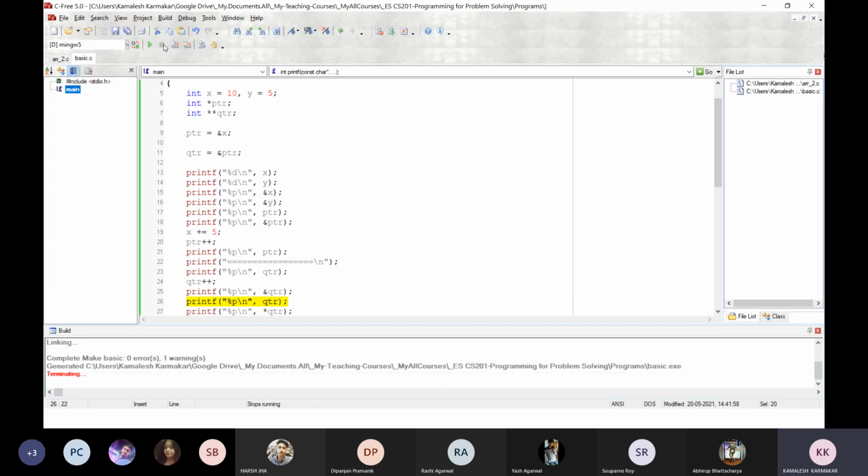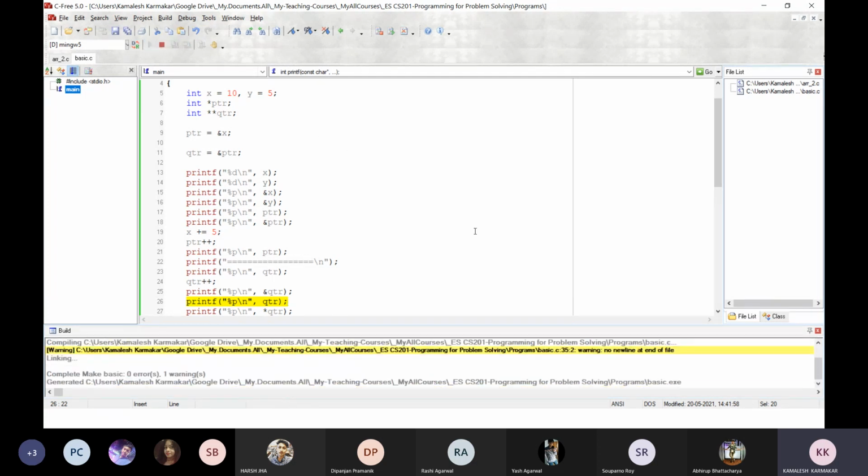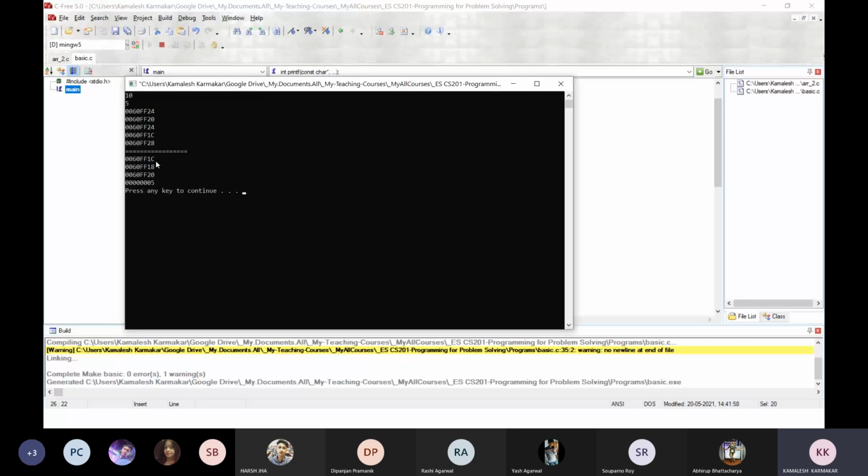Okay, let me show you. So after the equal line, this is 1C, then this one is 20. Because 1C, if you increment this value by 4 bytes, so 1C, then 1D, 1E, 1F, then the next value is 20. It's a hexadecimal representation, so it will be 20. That's why it will be 20.